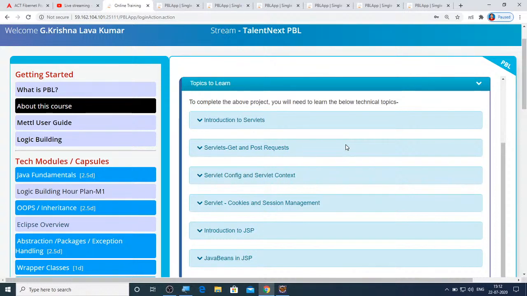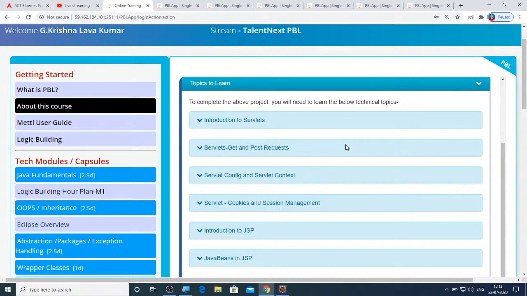And the main job of servlets is to handle the client request. These servlets will be storing the data into the database from the web server. Whatever data is coming to the web server, that data will be stored by the servlets into the database, I mean at the server end. And then they will retrieve the data from the database to the web server so that it can be sent to the client. So this is the role of the servlet.